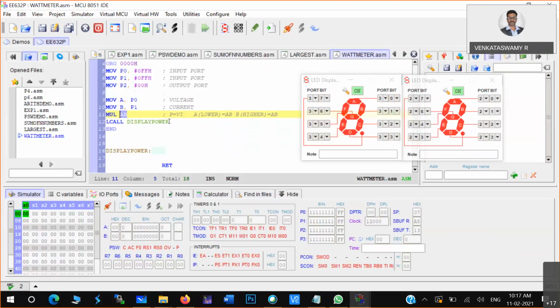Now when you use lcall with the label, control goes to that particular function. As I explained last class, the program counter will load the address of that function.